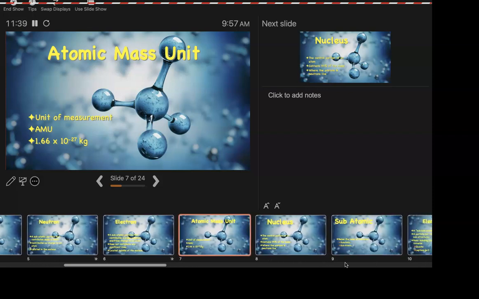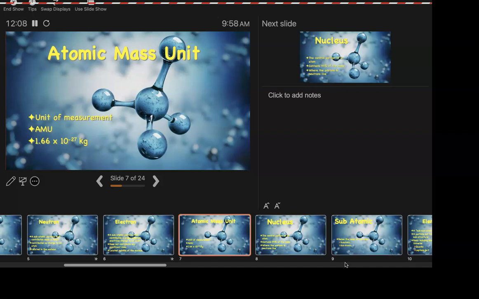So I told you we'd learn more about a mass unit, but first I just want to make sure you guys got all 9 points on this first test about those 3 things. So proton, charge of? Positive, good. Neutron? Neutral. Electron? Negative. Who lives in the nucleus? Protons and neutrons. Where do the electrons live? Outside, okay. And what are our charges?